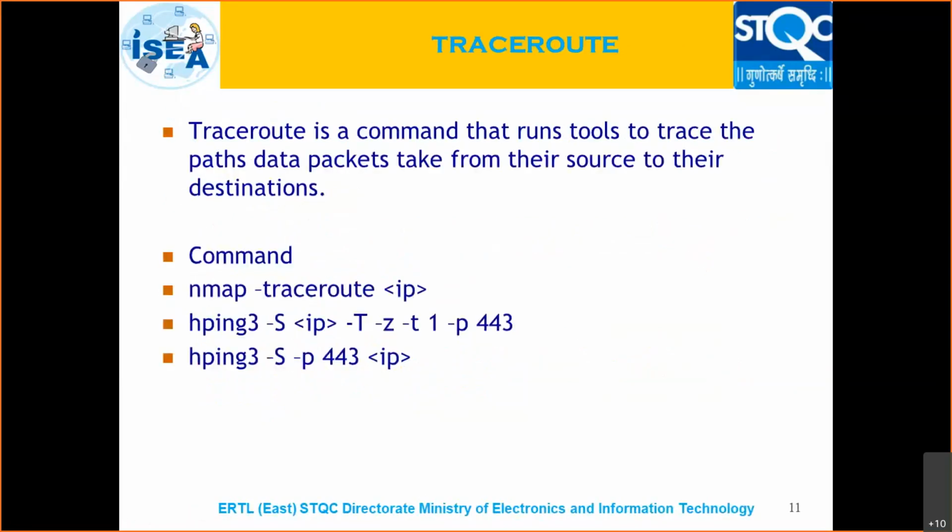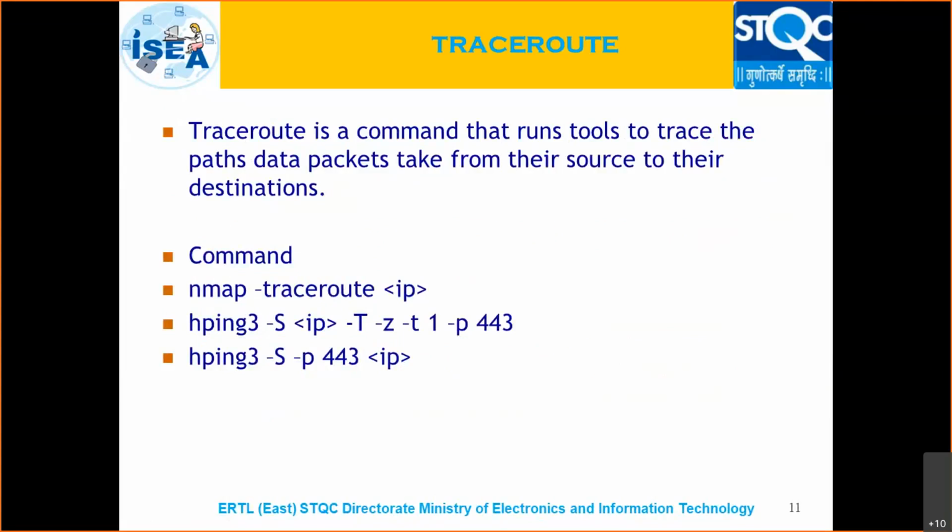Traceroute, as I have told already, decides how far the destination network is from my organization or my source network. Various tools we use, like Nmap and HPing3, everything will be shown in the demonstration.